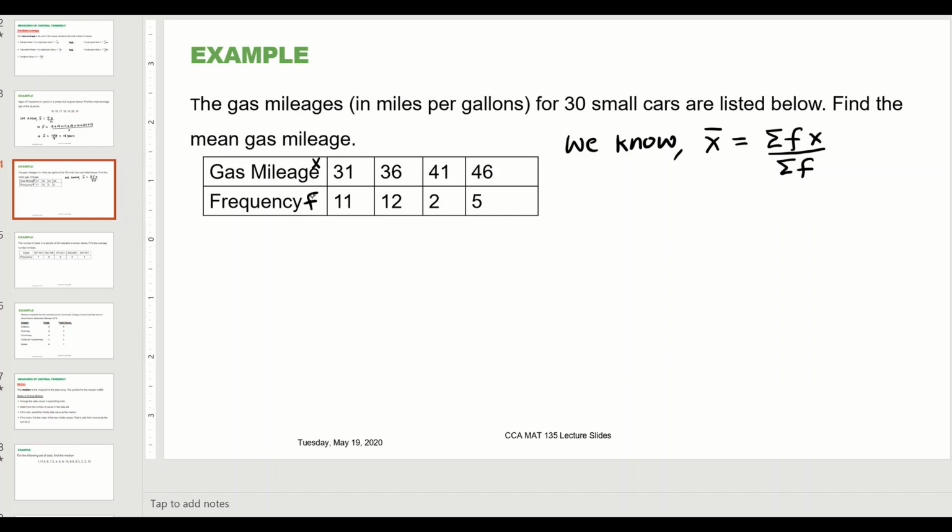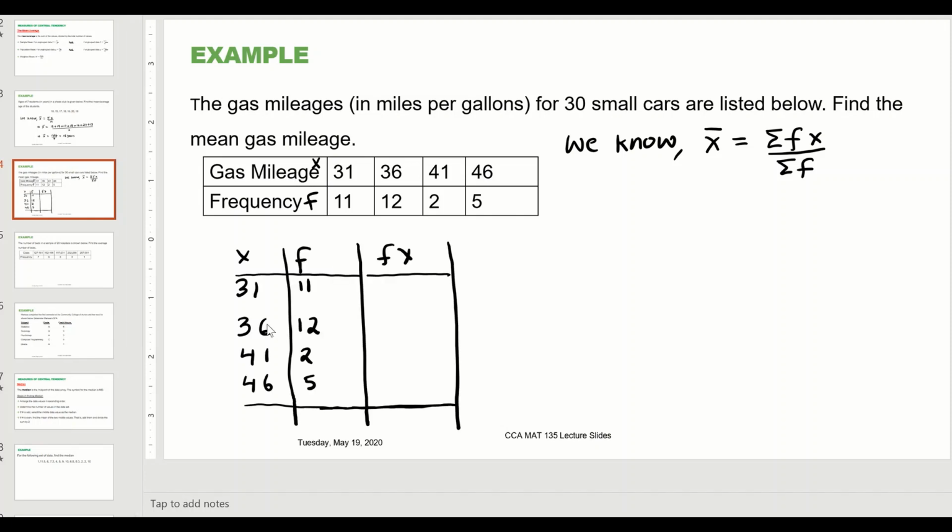So what we are going to do is make a table for this data. Okay, here in the table you have x here, f here. Now you have to find f times x, that is, we have to multiply these two and write them down here. You can actually multiply them manually or using your calculator and fill the table over here. Okay, 11 times 31 is 341, 12 times 36 is 432, 2 times 41 is 82, then 5 times 46